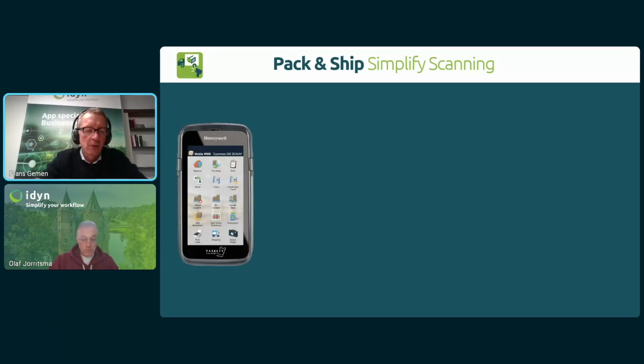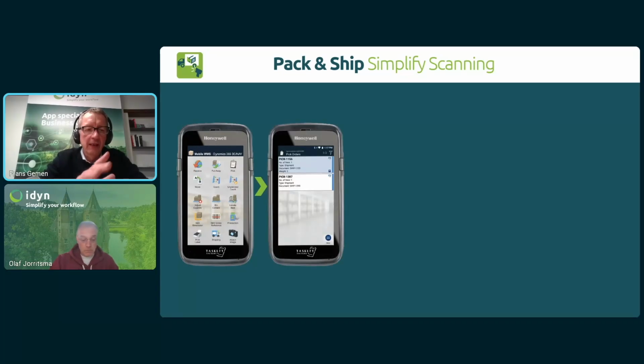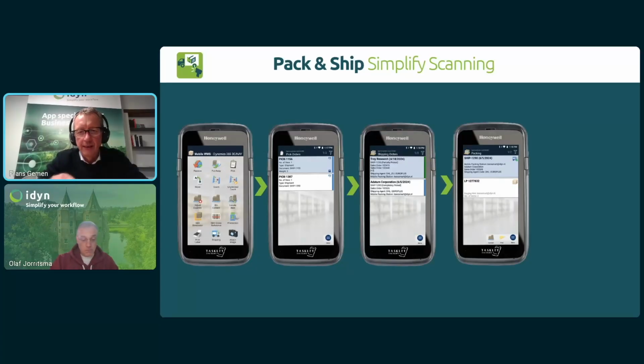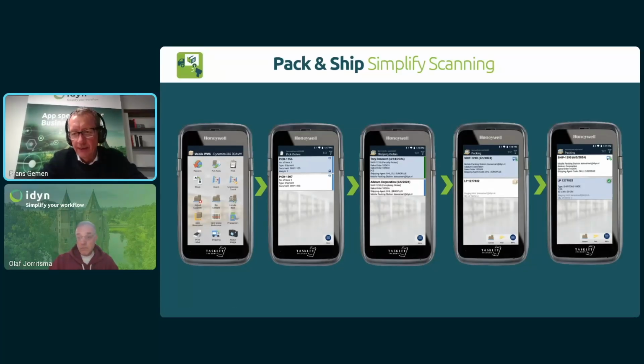Just to recap, it's pretty much the same for mobile. From picking, you do the picking, which is basically just standard TaskIt in this case. You preset the picking data coming into the pack and ship. That's really the integration. So you see here the license plate, so the quantity is picked, and therefore you can